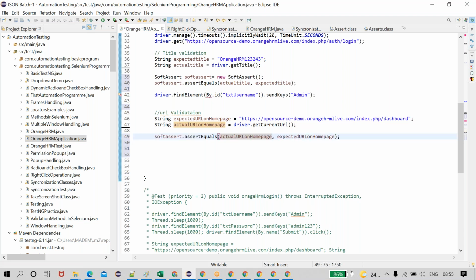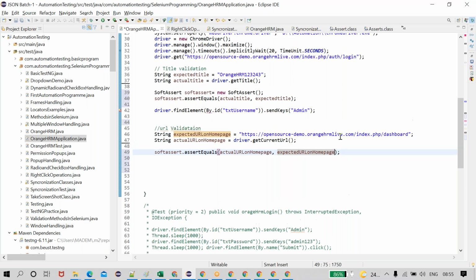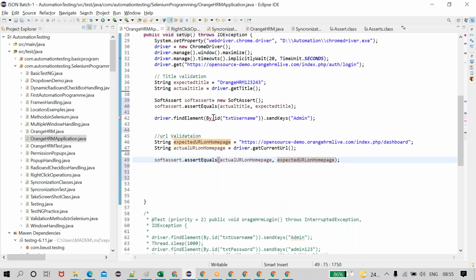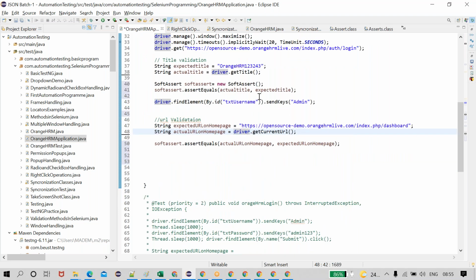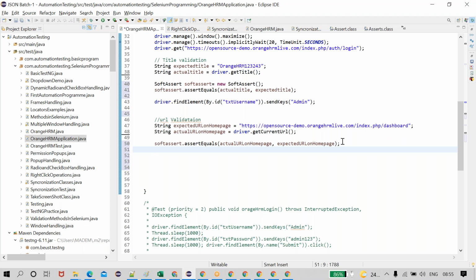Expected URL, home page. See, if you use the normal assertion, this fails automatically. So I am writing some message here: mismatch between title of the page.